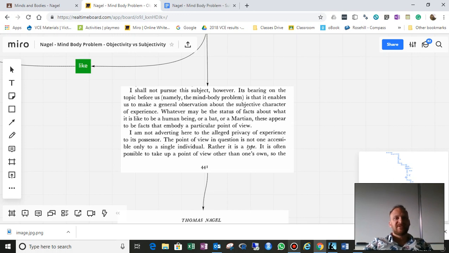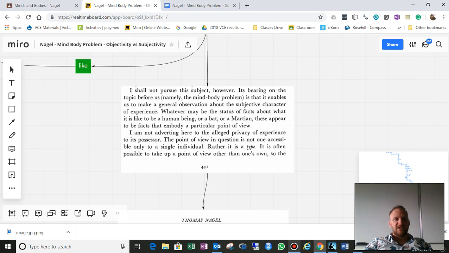"Whatever be the status of facts about what it is like to be a human being or a bat or a Martian, these appear to be the facts that embody a particular point of view." So he's saying, look, what it's like to be embodies a particular point of view. Write that down. That's a note. That's a really important way to understand his theory. "I'm not